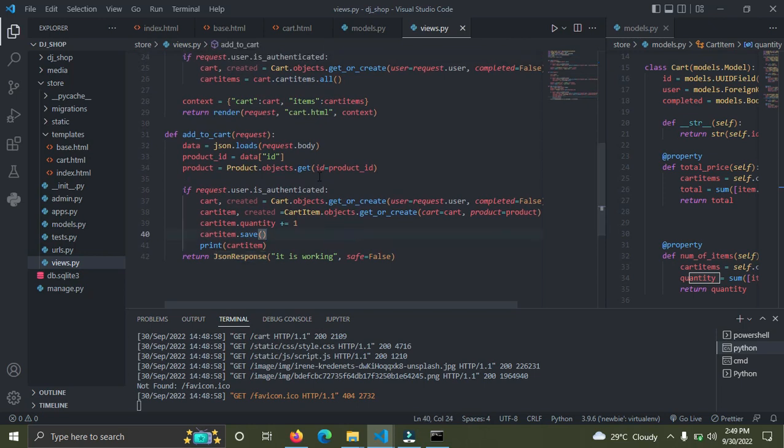So you can see here, just over here. So what do I want to do? I want to simply get the total number of items in the cart. So this is how we go about it now. Total number of items in the cart. I'll simply say,